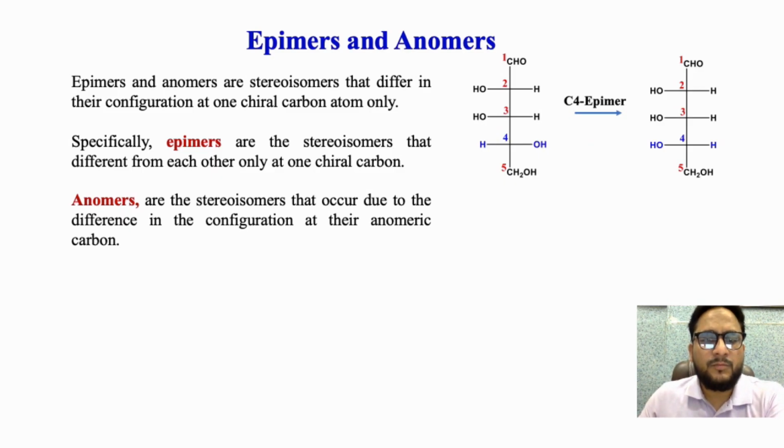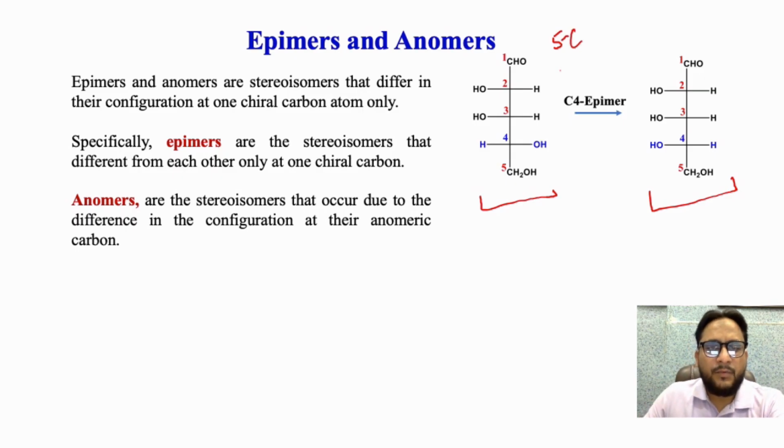Here two molecules are shown on the slide. Both these molecules contain 5 carbon atoms, and out of these 5 carbon atoms we have 3 chiral centers. The C2, C3 and C4 carbon atoms are chiral in both these molecules. If you notice, at carbon number 2 and 3 we have OH on the left, at C2 as well as C3, and in the second molecule also we have OH on the left at both C2 and C3,